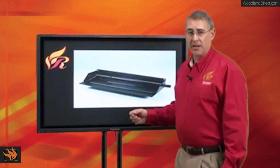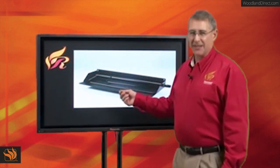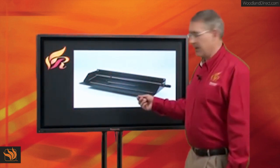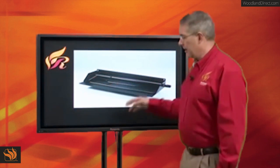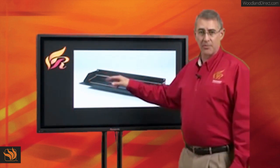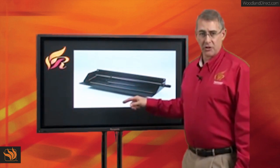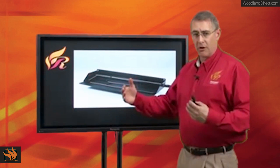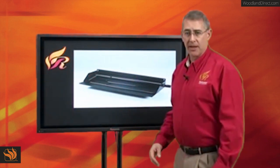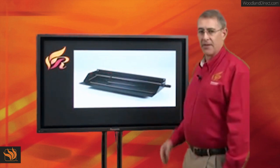of Schedule 40 pipe, not light duty tubing, not light duty 18 and even 20 gauge steel that some competitors use. We weld all the seams for gas tight integrity, and on some of our burners, like our FX burner, we add in the smaller ember booster tubes that distribute the gas across a wider area, giving you a larger, more radiant ember bed than what you get off of just a traditional burner that does not have that extra